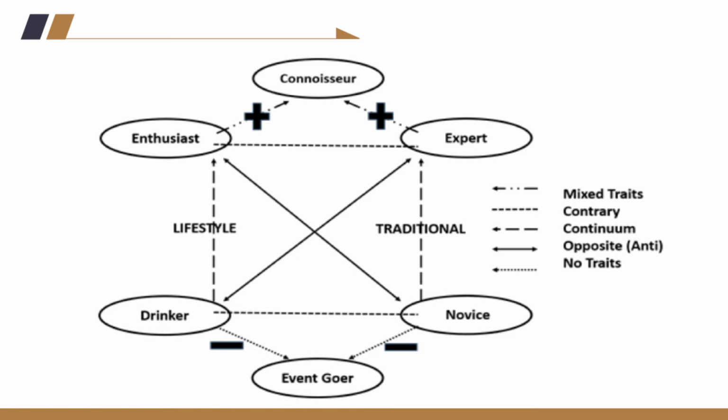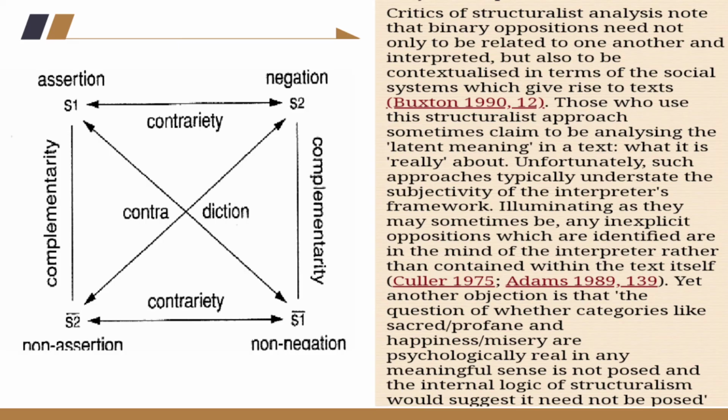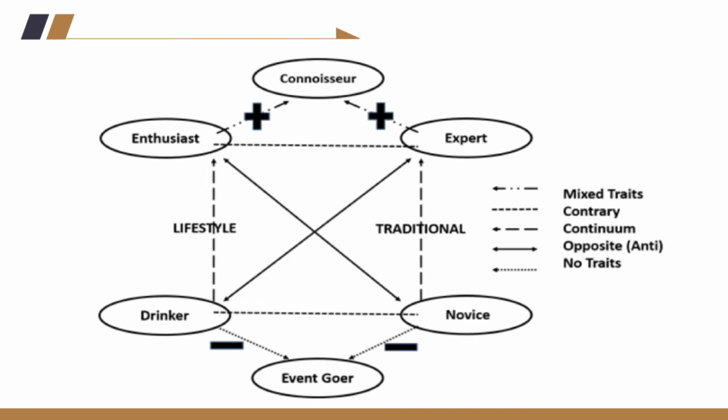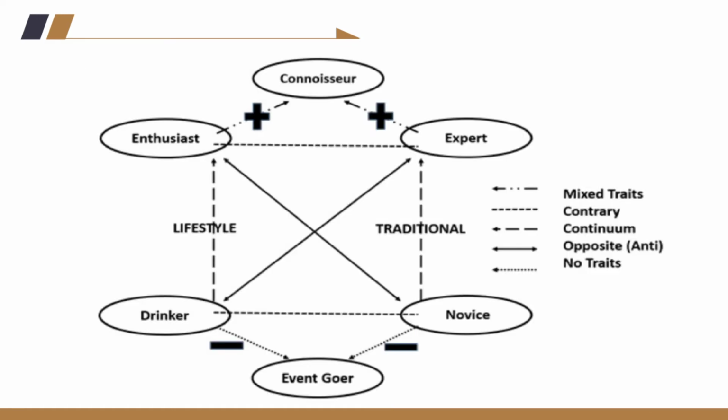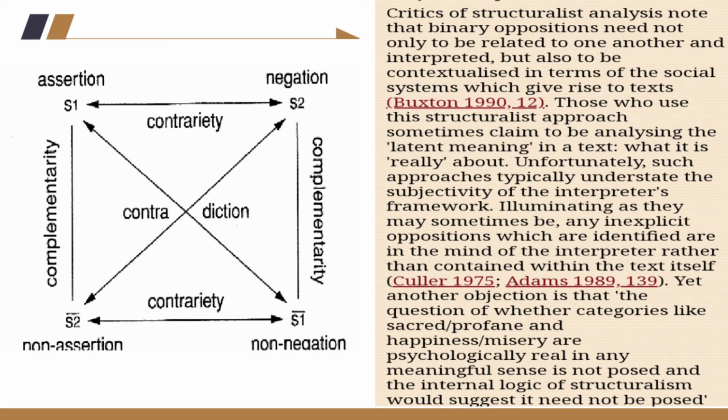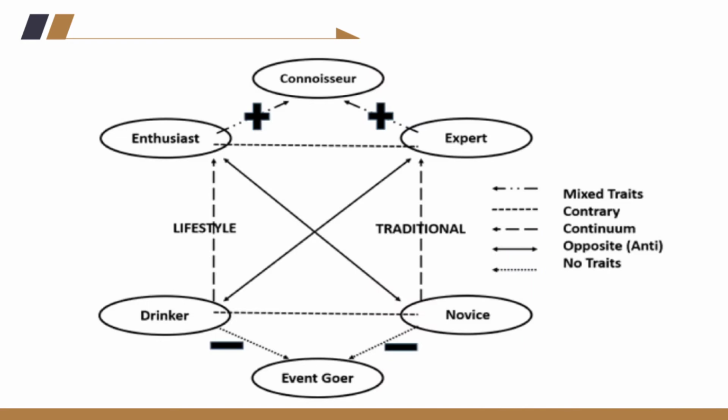And another example, April Joy is a novice person. As we can see, the two words, the contrariety of that, it is an event goer. So as we can see, the drinker there is the non-assertion, and the novice there is the non-negation. And now I hope you understand well